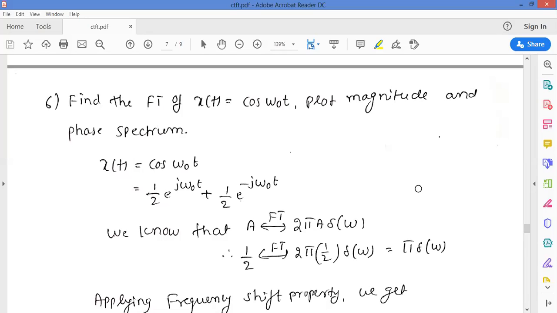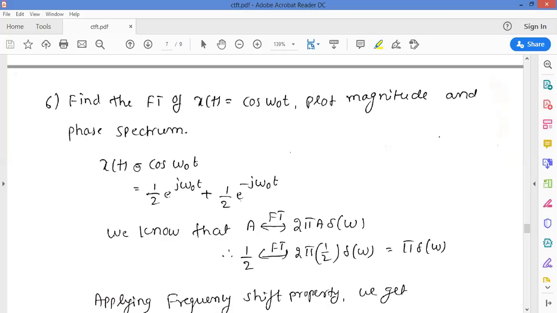One very important thing about cosine is that we are able to find the Fourier transform of cos t for one cycle only. Remember, we take only one cycle of cos(ω₀t), assume that it is a non-periodic signal, and find the Fourier transform. This property will be very useful in communication, because when you go for modulation, that is AM modulation or FM modulation, you are going to plot fc plus fm and fc minus fm, that is carrier plus message and carrier minus message, in the AM way. For that purpose, you must know the Fourier transform of the cos signal.